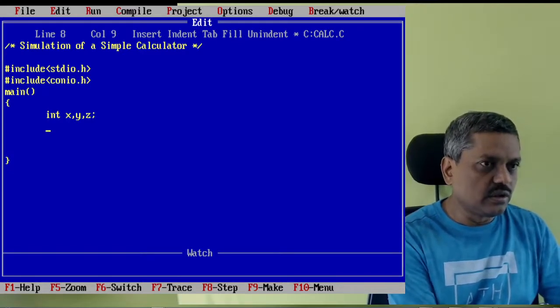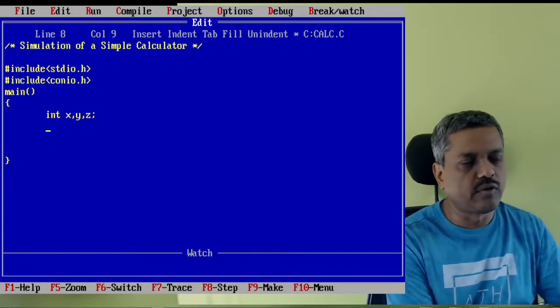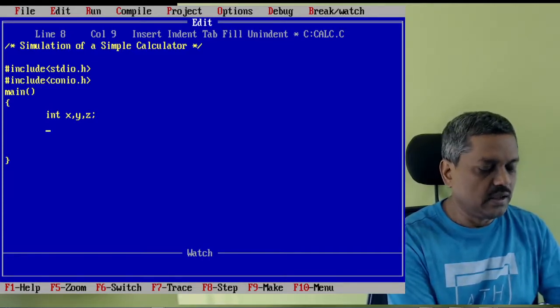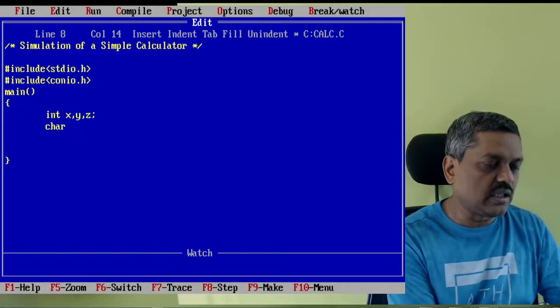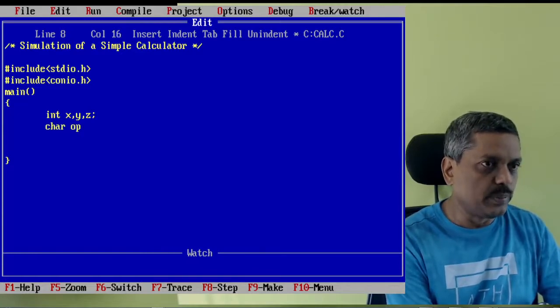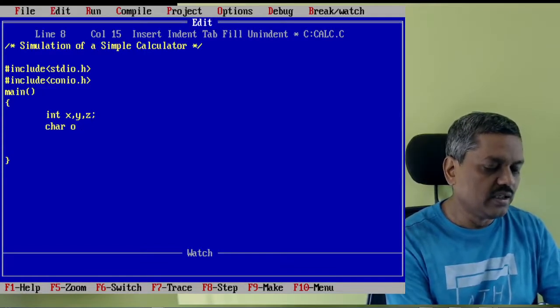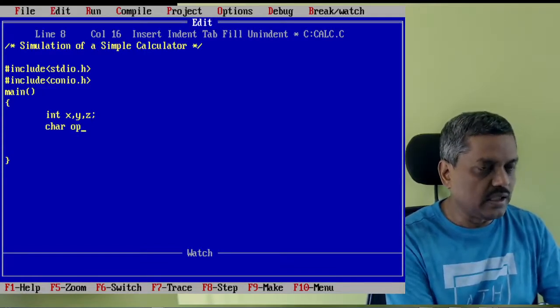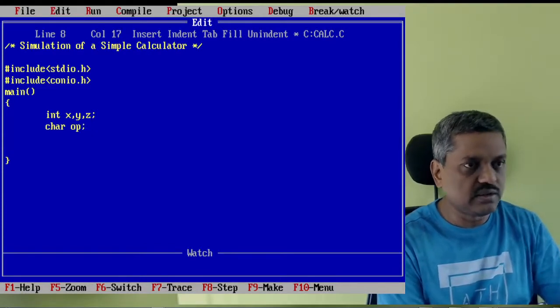And then you also know that the operator symbol is very important: what operation you want to perform in this particular calculator. That will be of character type because it's a symbol. I shortly call it op, for operator. Because op is a little bit too short, better is operator or even oper. Whatever you feel, you can name it.